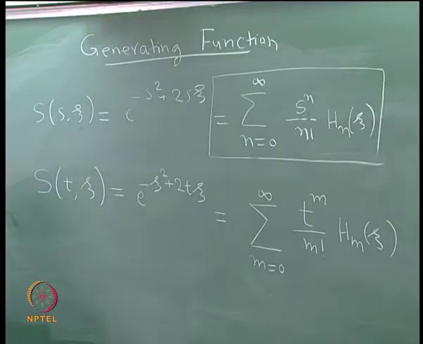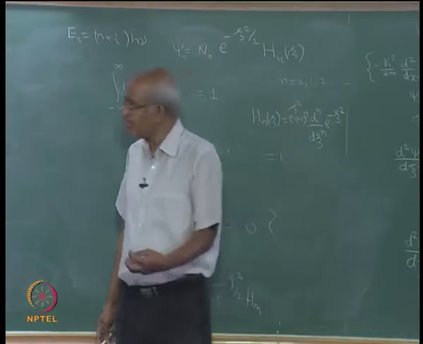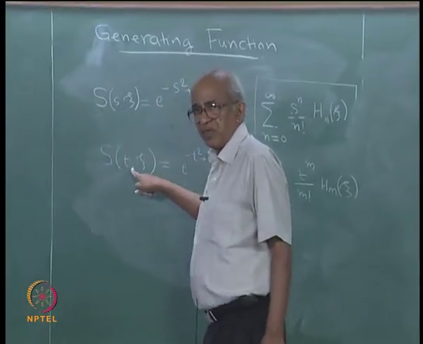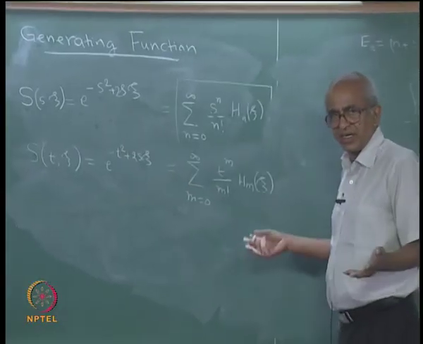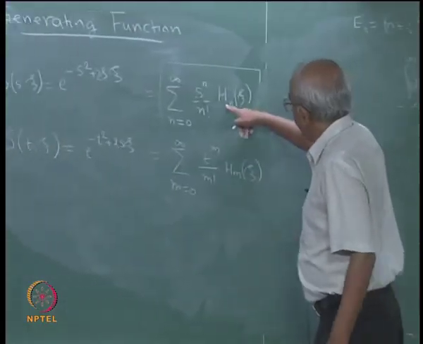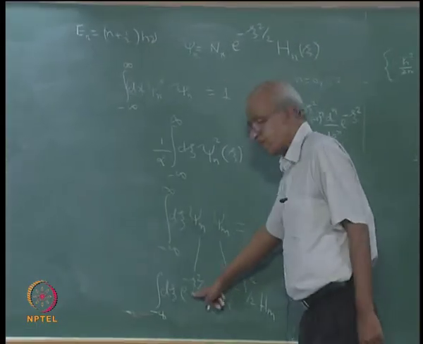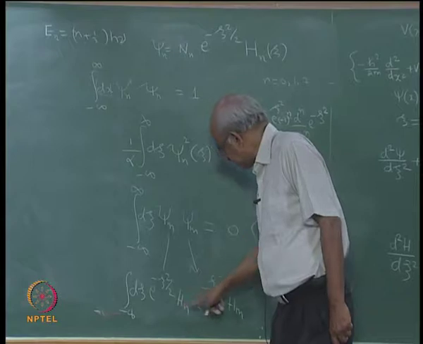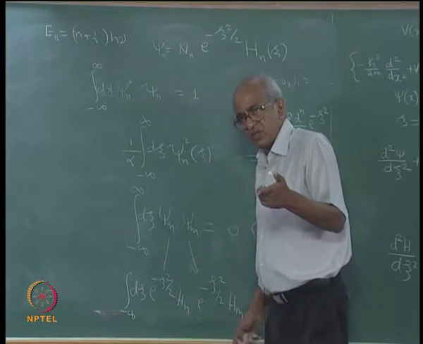Now, you look at the integral that I want to evaluate. I want to have an Hn, I want to have an Hm. So, you would realize that if I multiplied these two, I would definitely have Hn and Hm occurring in the product. That is the idea, right. But I want not only Hn and Hm, I also want e to the power of minus c square. If you look at this integral, there is Hn, there is Hm, and these two together carry e to the power of minus c square. So, I want that also.